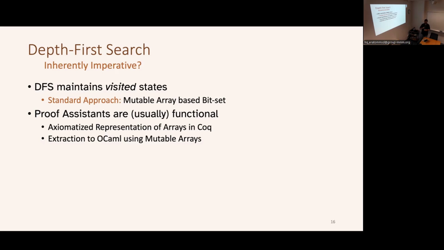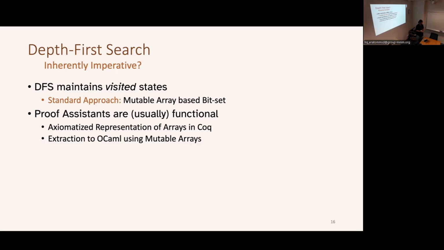And when I extract this, so perhaps I have skipped this, and I should explain this. Once I have this verified code in Coq, it is possible to extract it into OCaml or Haskell code, and then you do not look at the Coq type checker at all, and you can just run this OCaml or Haskell code, and this is a great way to get programs which are verified. So coming back to our